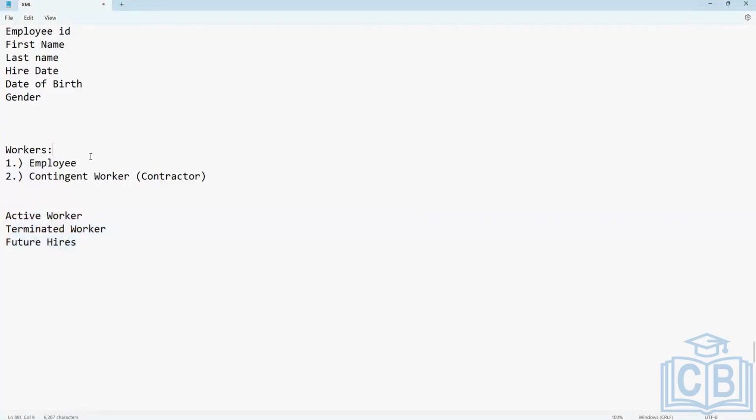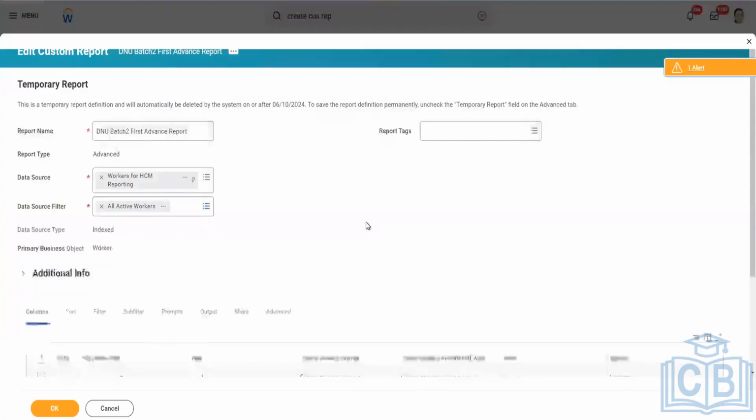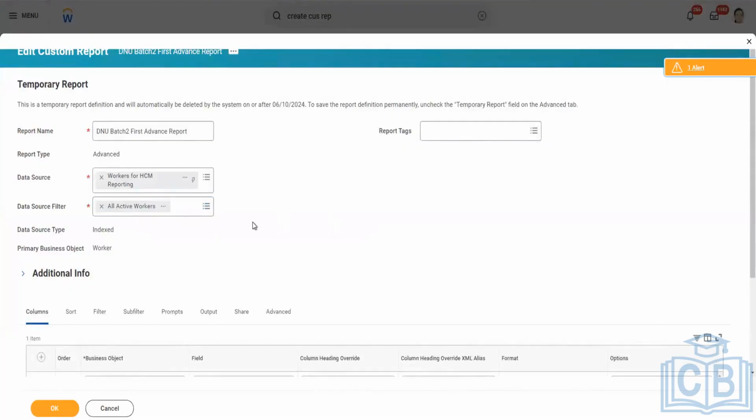All workers contains everything. All active and terminated workers contains only these two things. All active workers contains only this thing. This is what you need to understand. These are the things you will learn gradually by yourself, but these are the basic things which I wanted to let you know, like when you work on any report, you will be